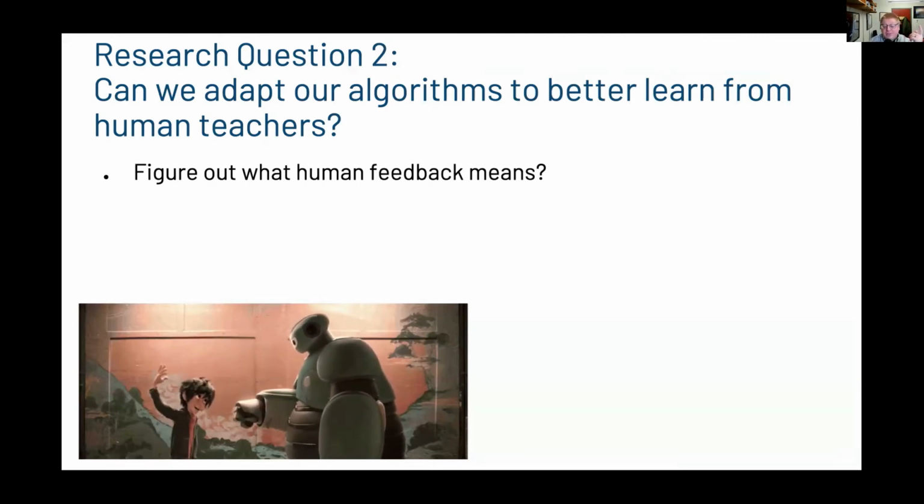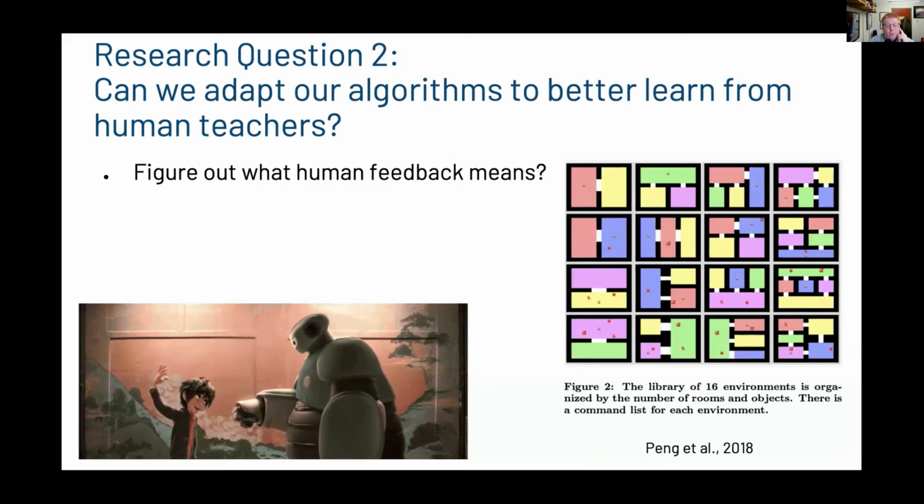Well, one study we did run was looking at humans trying to provide curricula. So this was not feedback. This was thinking about how humans could sequence a bunch of tasks, and when you pick a task, also say what the goal is. So for instance, bring the red bag to the blue room.